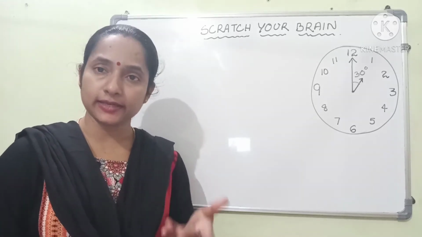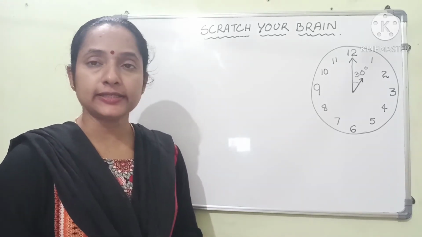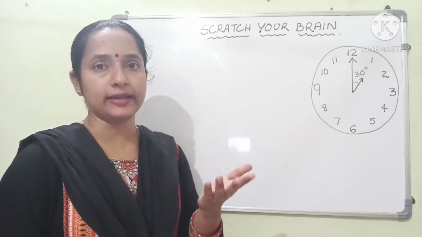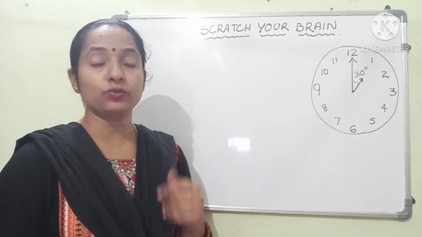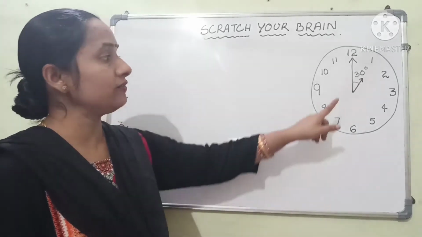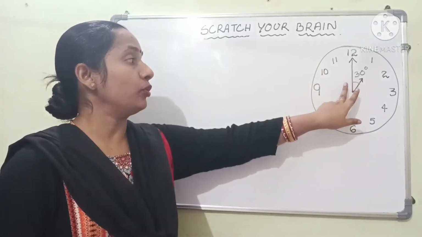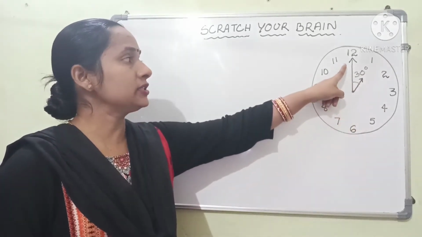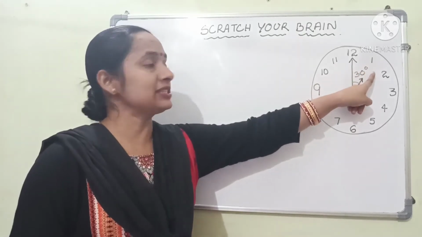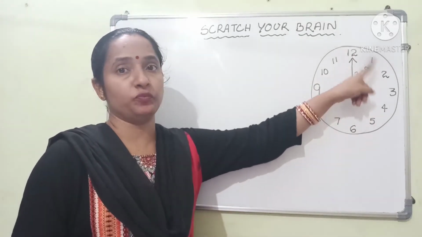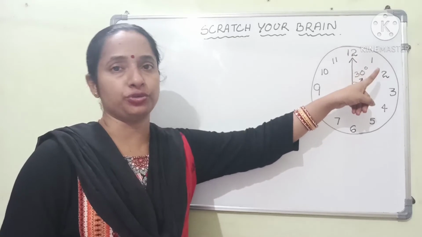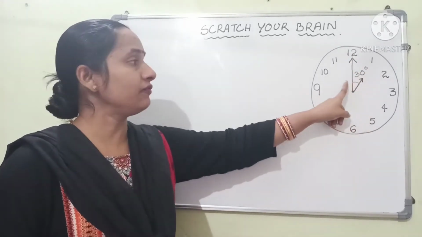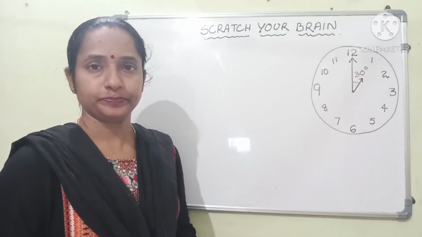So first let us understand the question, what is given in it. It is said that if you will take any two consecutive numbers on the clock and try to measure the angle between those two consecutive numbers. So here I have drawn a clock where both the hands are pointing to two consecutive numbers on the clock. Here one is pointing to 12 and the next hand is pointing towards the 1, where 12 and 1 are two consecutive numbers on the clock. They are one after the other. Now the angle formed between these two is 30 degrees.